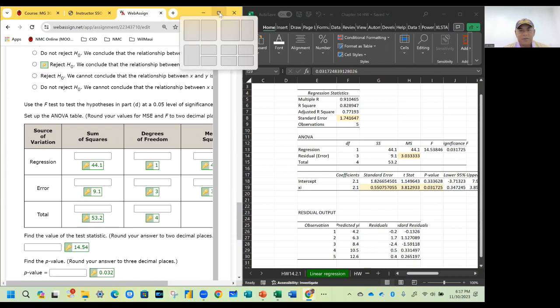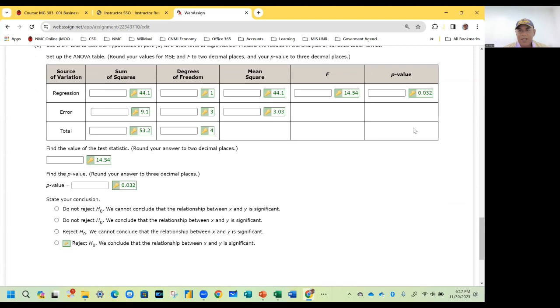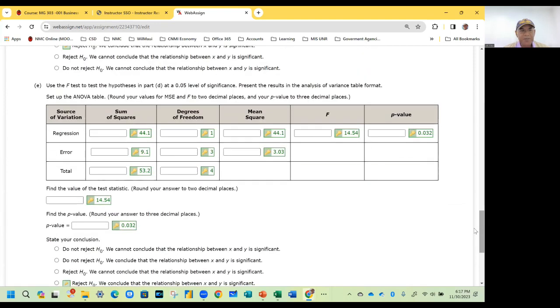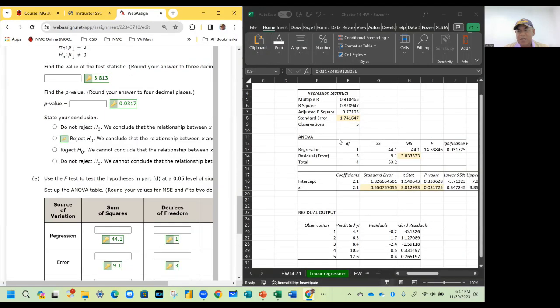Let me just quickly show it, right? It says use the f-test to test the hypothesis in part D at alpha 0.05, and then present the results in the analysis of variance table here, no? So again, if we go back here and look at our run,